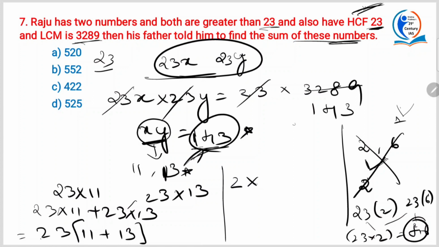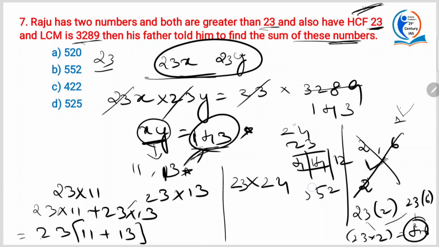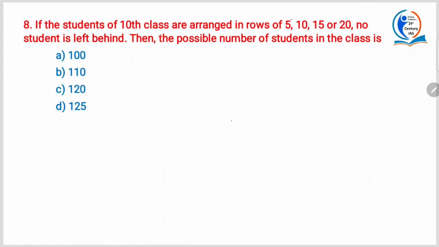Okay, so 23 into 11 plus 13 is 24. Now what is 23 into 24? It is 4. 3 4s are 12. 3 2s are 6. 6 plus 8 is 14. So 2, 5, 5. 552 is the answer. Okay, got my point? Next, if the students of 10th class are arranged in rows of 5, 10, 15 or